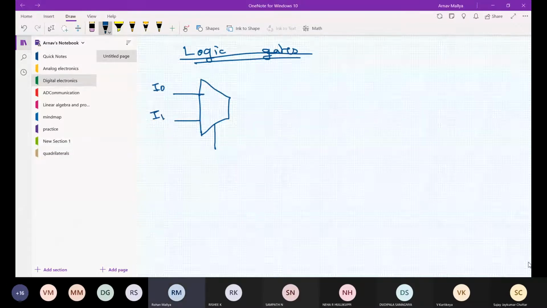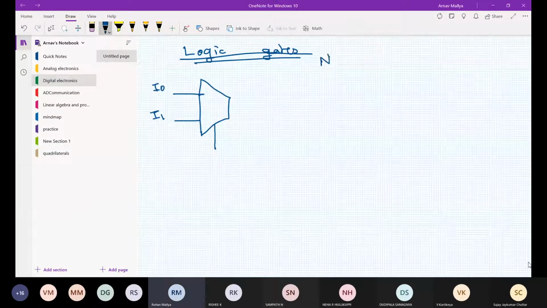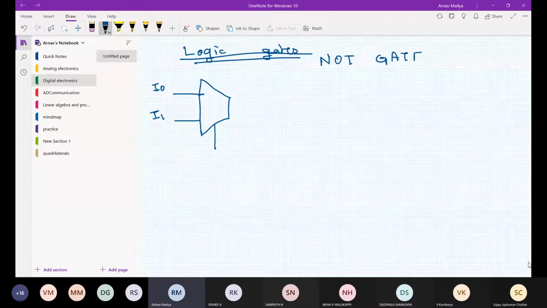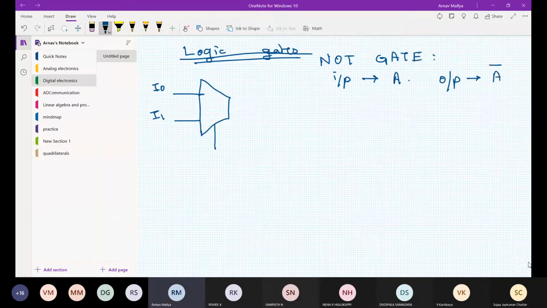Now the first logic gate I would be implementing is the NOT gate. Let me consider the input as A. So what will be my expected output? That's going to be A bar, right? If I take a NOT gate, if I give the input as A, I expect A bar.